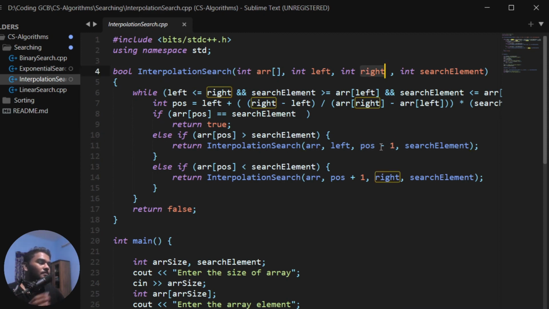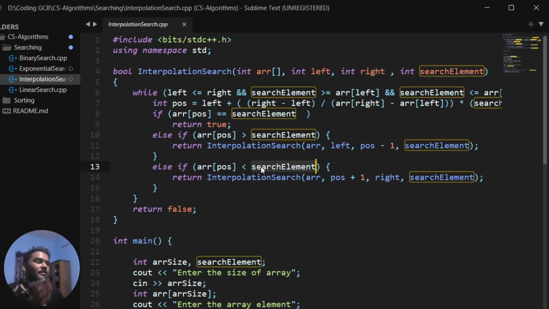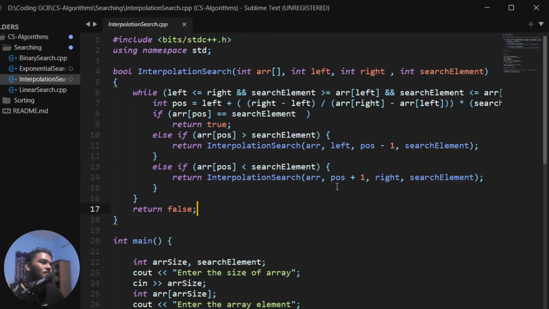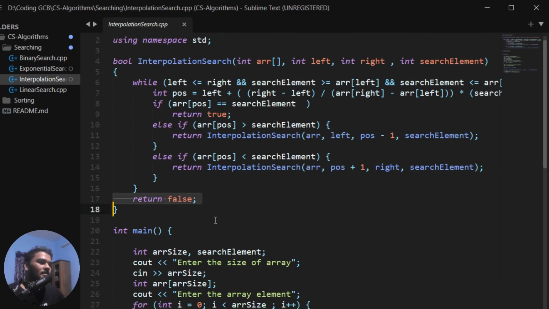Exactly like that, if the search element is bigger, it's on the right side, so we need to shift the leftmost part. That's why we pass position + 1 to left. That's how we arrive at the point where it is equal and we return true. And when the condition becomes false, we return false and get out of this search.